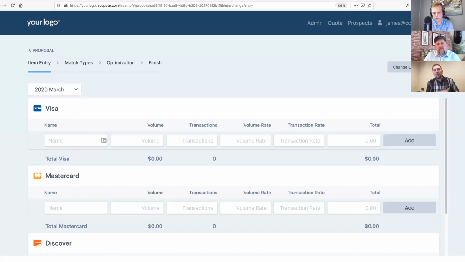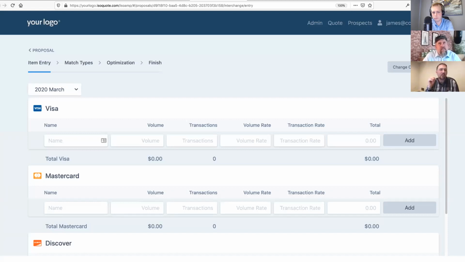So you have to get the interchange table from the statement into our system. So we looked at a lot of different technologies. I'm excited. I think 12 to 24 months from now, I really believe the technology will be there and working correctly that we can scan a statement or something like that and bring it in automatically. But you know, right now you still have to key it in. Good news is, again, this used to take me hours. This took me on this humongous, like this is like the biggest statement you would ever work on. It took me about a half hour to do this whole thing, the whole process, including the interchange optimization.